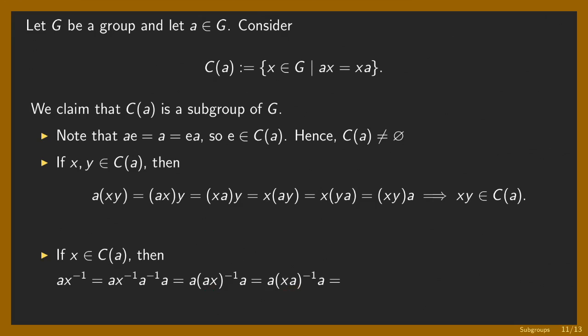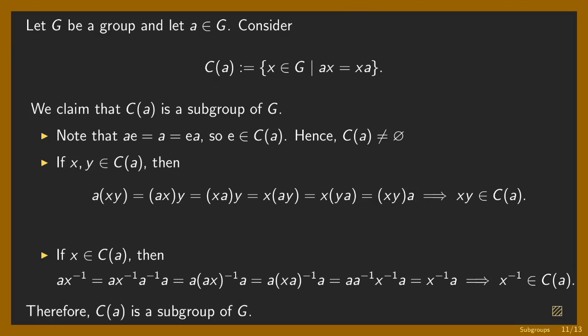Now, applying the shoes and socks once again, I have this. Yung inverse ng XA magiging A inverse times X inverse, like so. Now, what is AA inverse? Yes, that's identity. So, you can just cancel it. Maiiwanan yung X inverse A, and we're done. We were able to prove that X inverse commutes with A. So, conclusion, X inverse is in C of A, or commutes with A. Therefore, C of A is a subgroup of G.